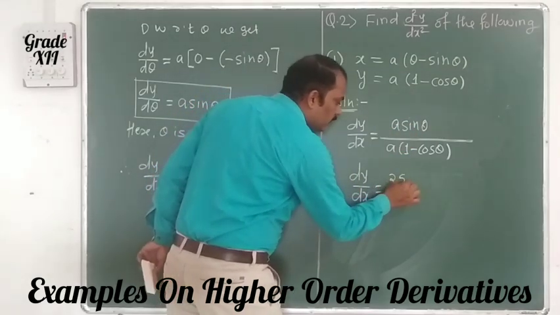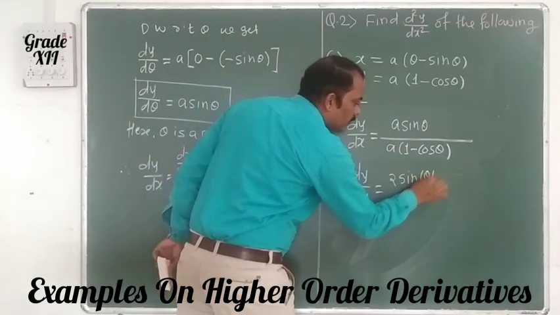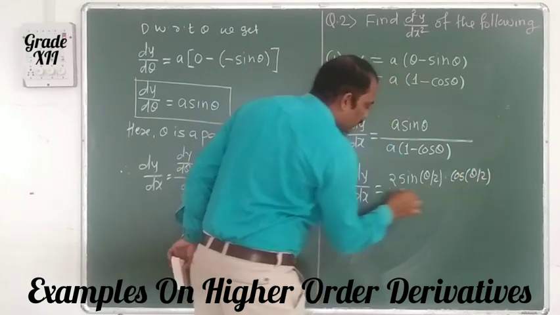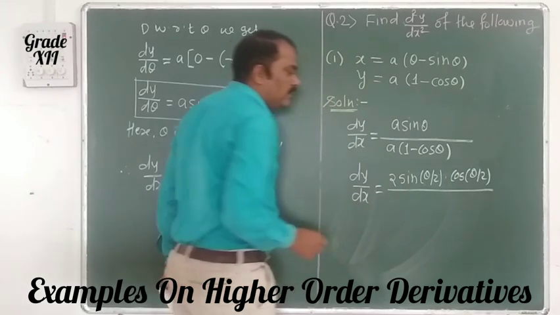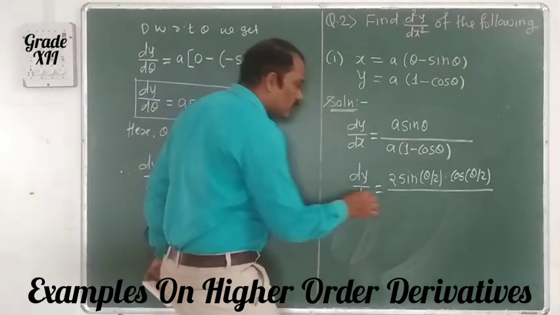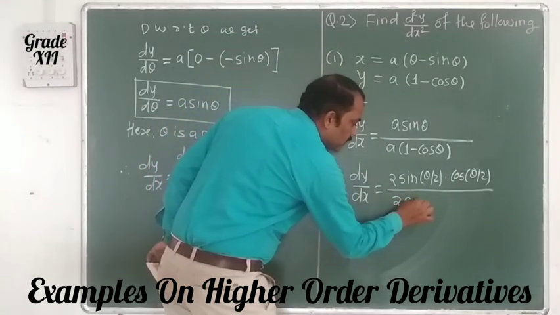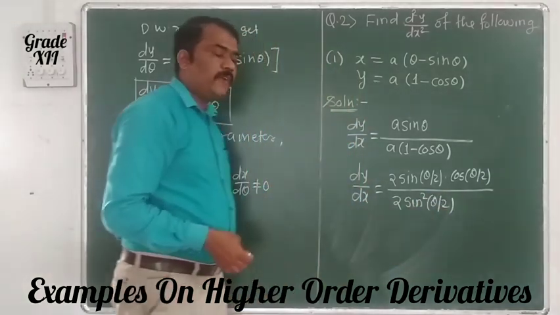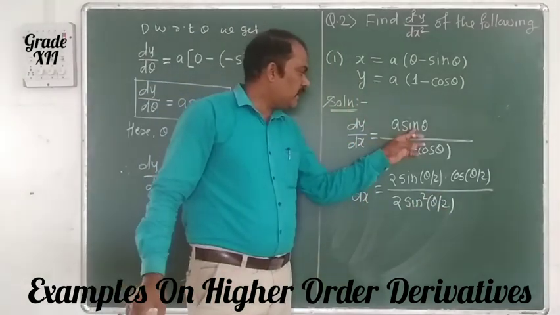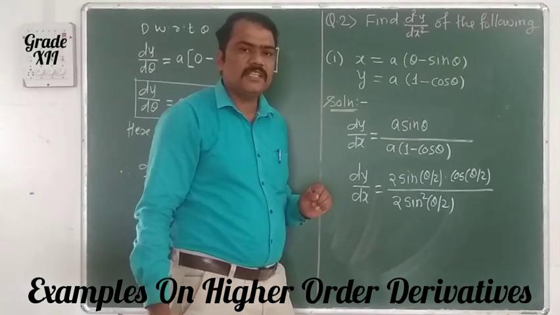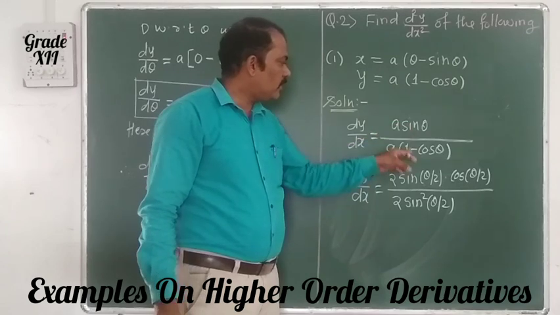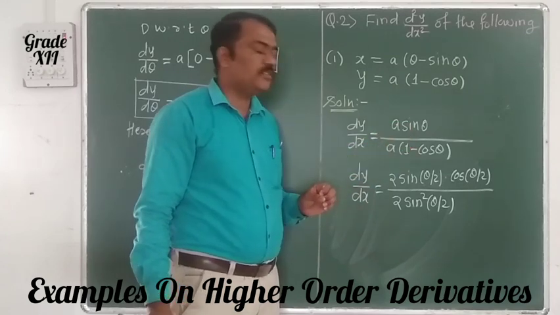Sin theta is nothing but 2 times sin of theta by 2 into cos of theta by 2 divided by 1 minus cos theta. What is the value of 1 minus cos theta? 2 times sin square theta by 2. Why do we have to simplify this? If you keep it as it is, sin theta divided by 1 minus cos theta, then we have to use the quotient rule. We have to know the formulas of this, or the simplification of sin theta divided by 1 minus cos theta,